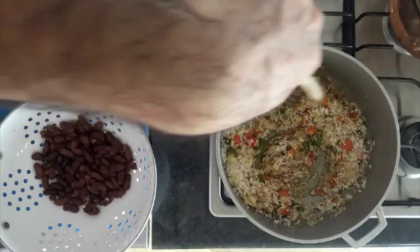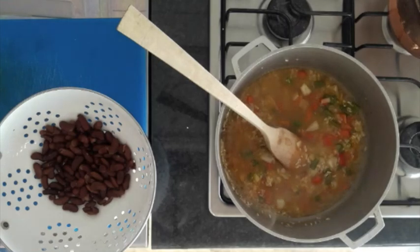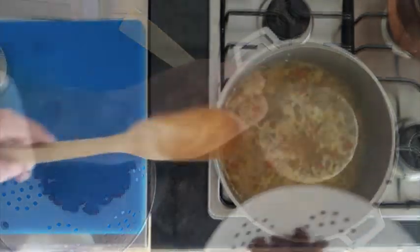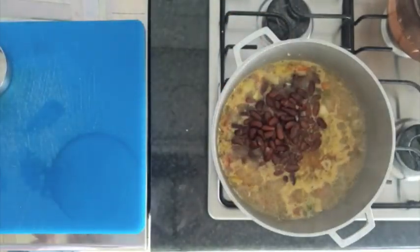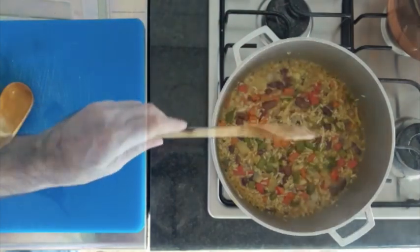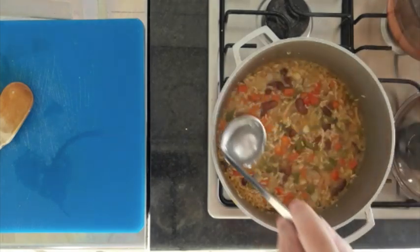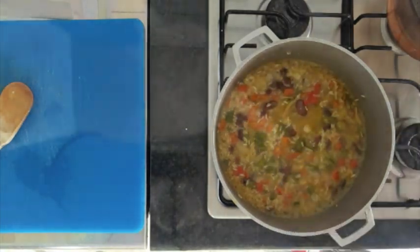I raise the temperature to high and now add water at room temperature. And finally add the cooked kidney beans. I use a wooden spoon to check that all the water has evaporated and immediately start adding some of that hot boiling water. I use boiling water instead of water at room temperature in order to save time and not